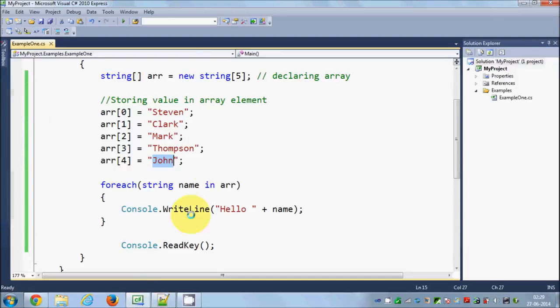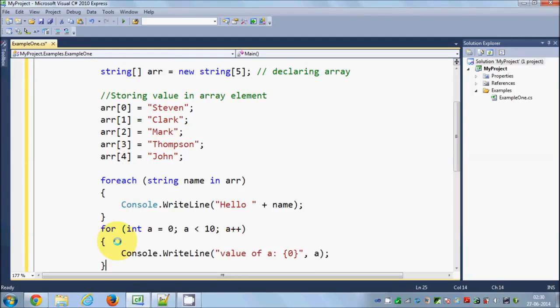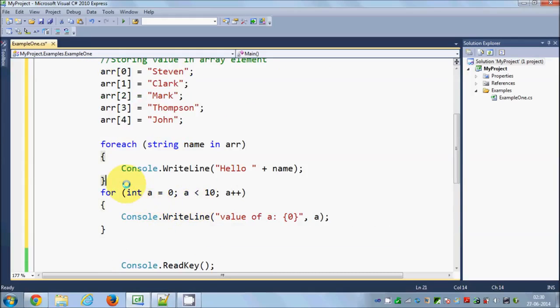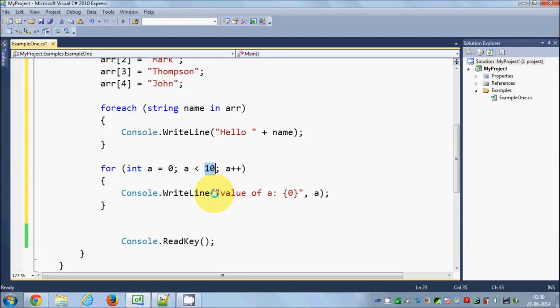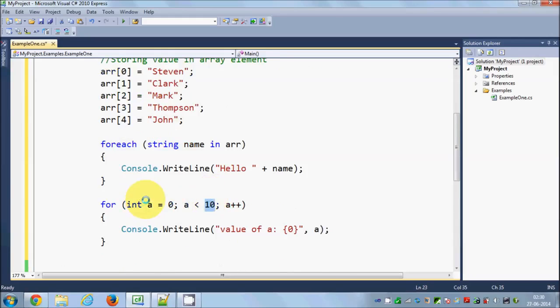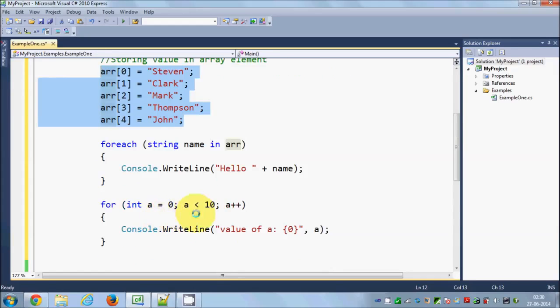Okay, so let's see in this code here. I will once again write that for loop for you which we have just used, and in here we need to know the index, right? So we need to iterate through 10 values, for example. Now, for example, you want to iterate through this string array using this for loop. How can you do it? What you can do is